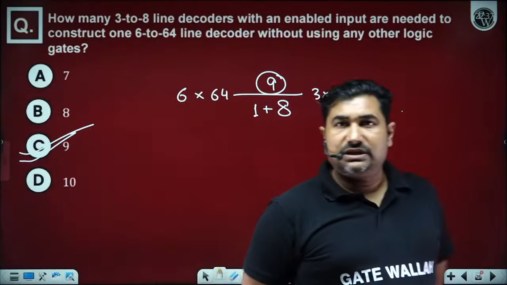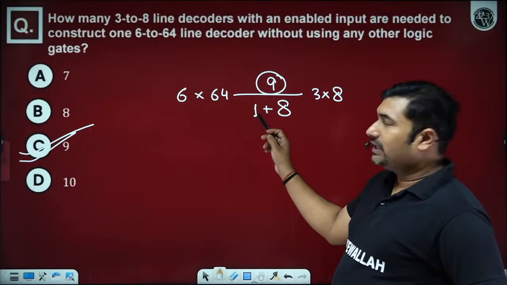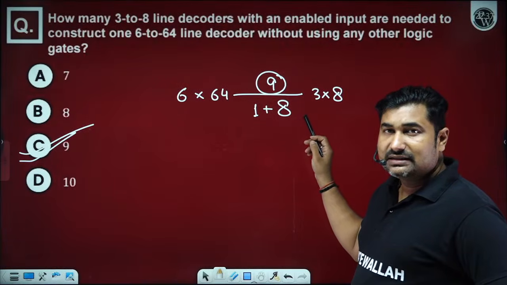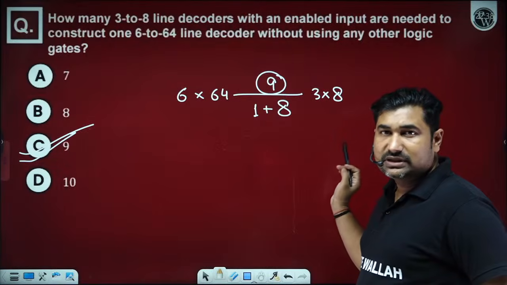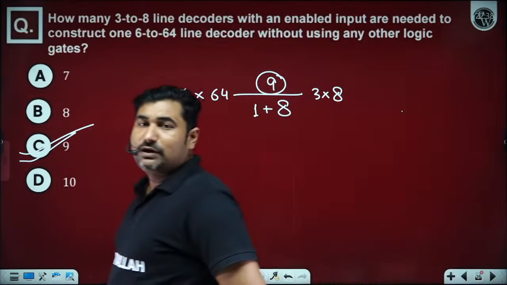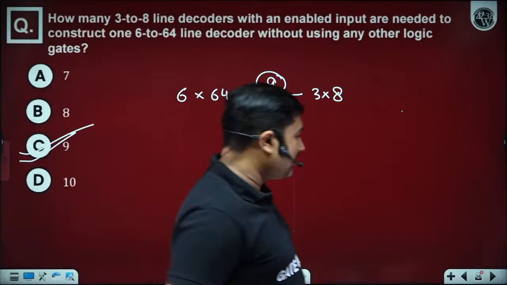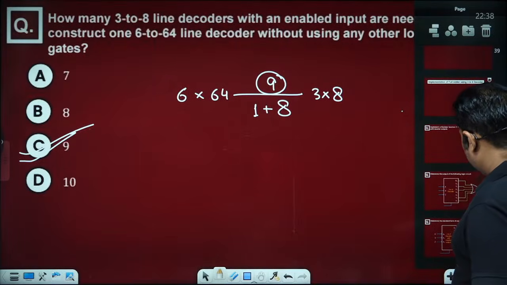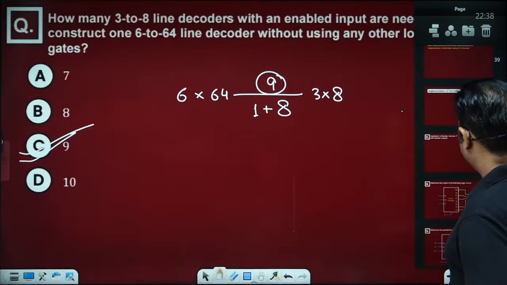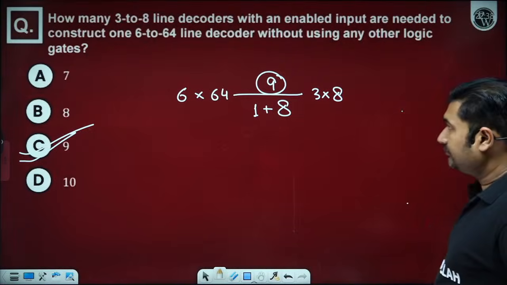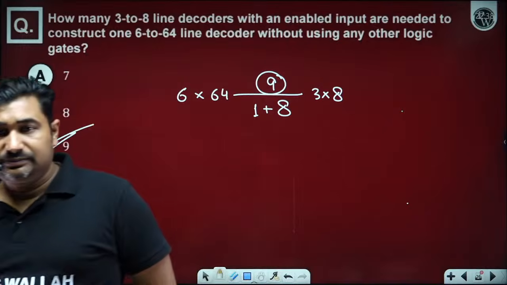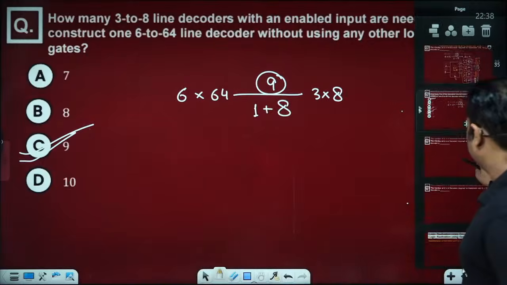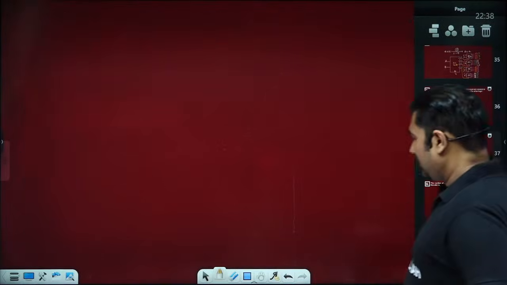Great sir. Can you see the structure as well? For this one we have 3 inputs A, B, C, and for these 8s we have 3 inputs D, E, F. So total 6 inputs and total 64 outputs. How many of you can now able to understand? Please let me know by writing in the comment section, beta ji. Great. Is there any doubt up to this part? Please let me know, beta ji. No, sir. Great.